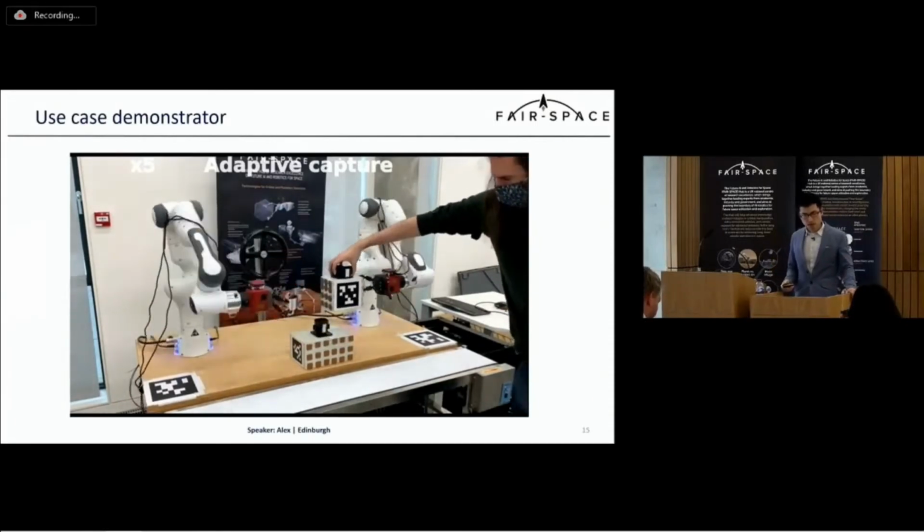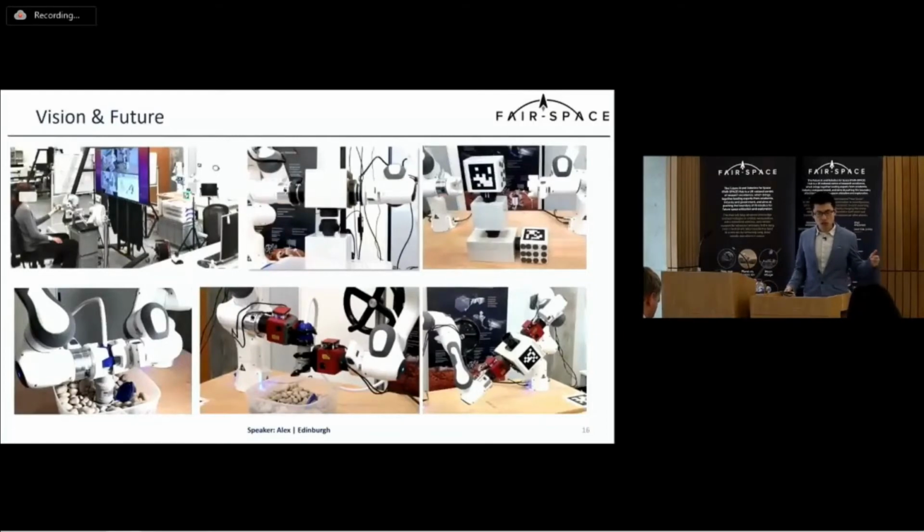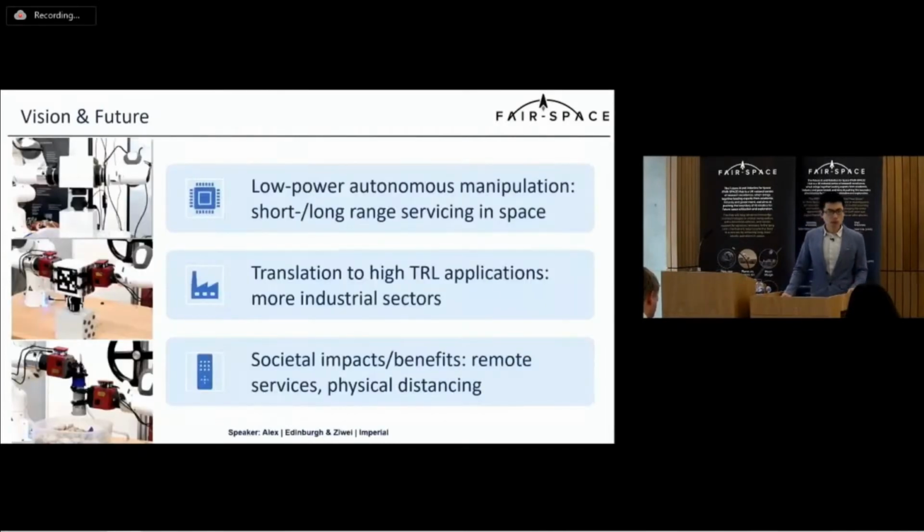And looking beyond, as we can see here, those capabilities have been tested heavily in the lab for more than a year and have demonstrated very good reliability and repeatability for various tasks. So this can achieve space assembly, docking, and also services such as inspection and exchange of power hoses, power units, etc. And looking into the future, in particular, I have elaborated more on what has been done most lately